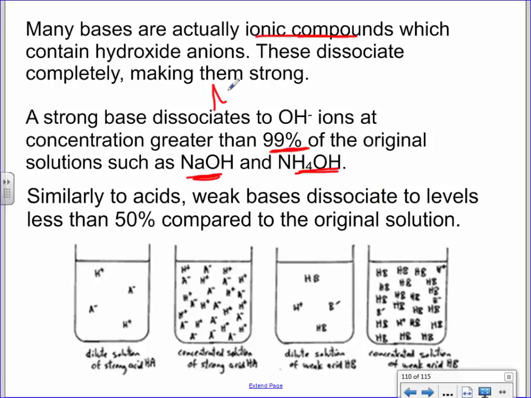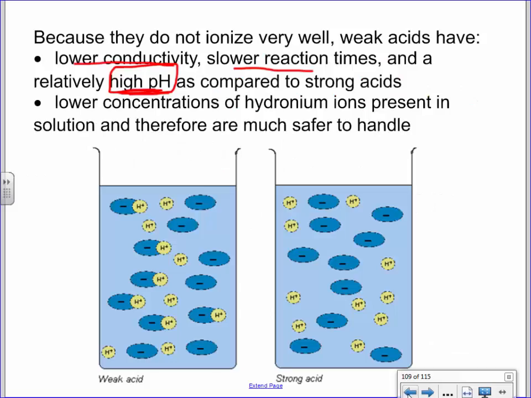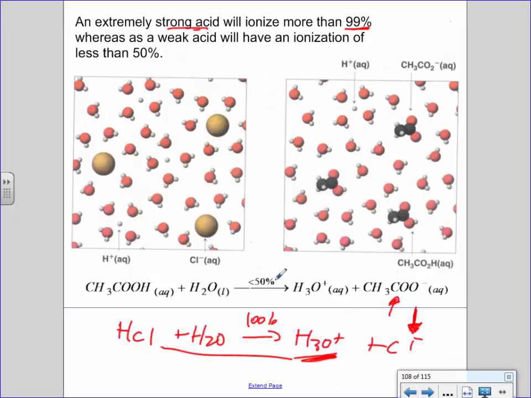So most of the time when you write an ionic equation, we've never cared about this before. But whenever you see an arrow like this, more or less it's assumed that this is 100% unless we tell you otherwise. Unless I put a percentage over top of it, like this one right here, usually we assume that everything reacts. But hopefully you guys can agree, not everything reacts in real life. Sometimes only half of it reacts, or 23% of it reacts.